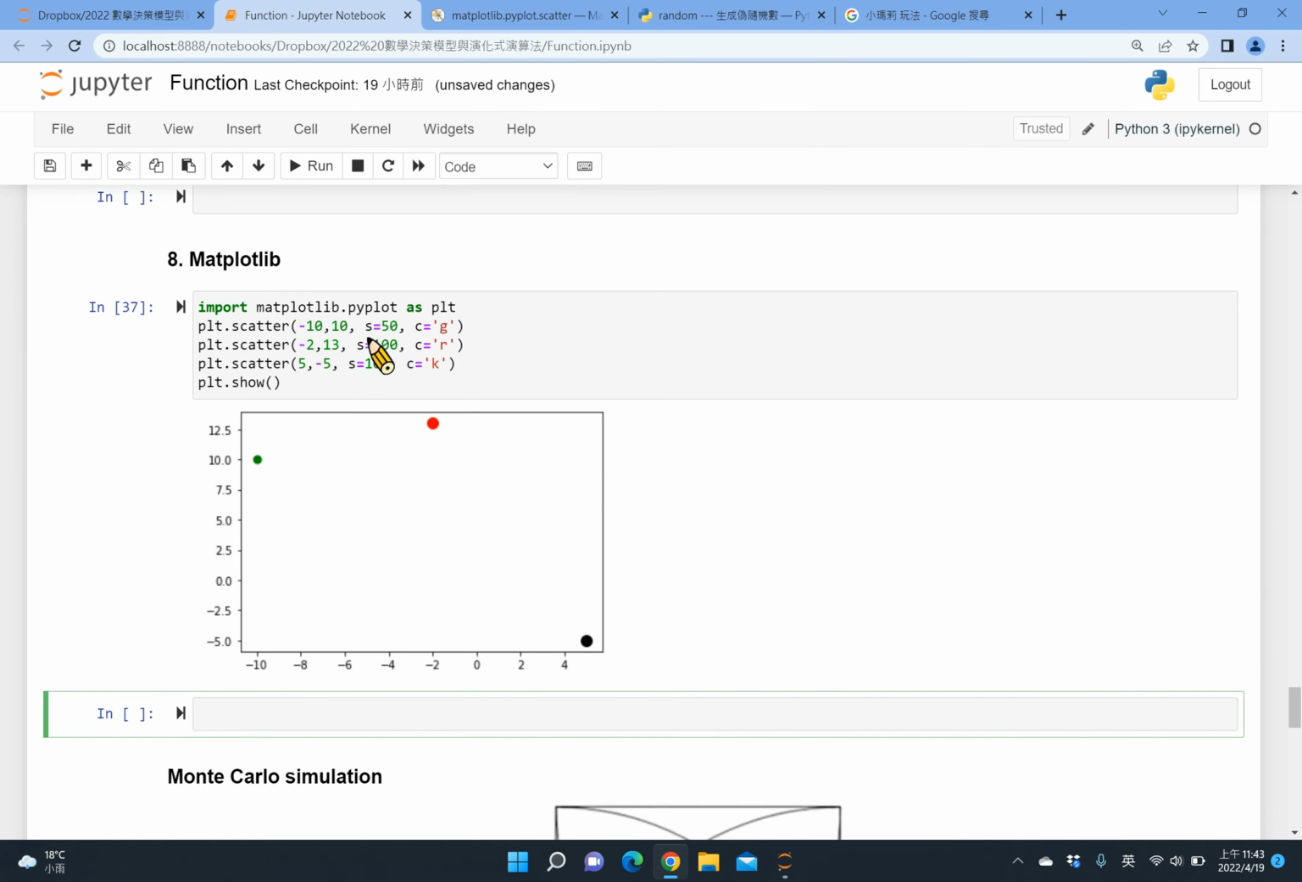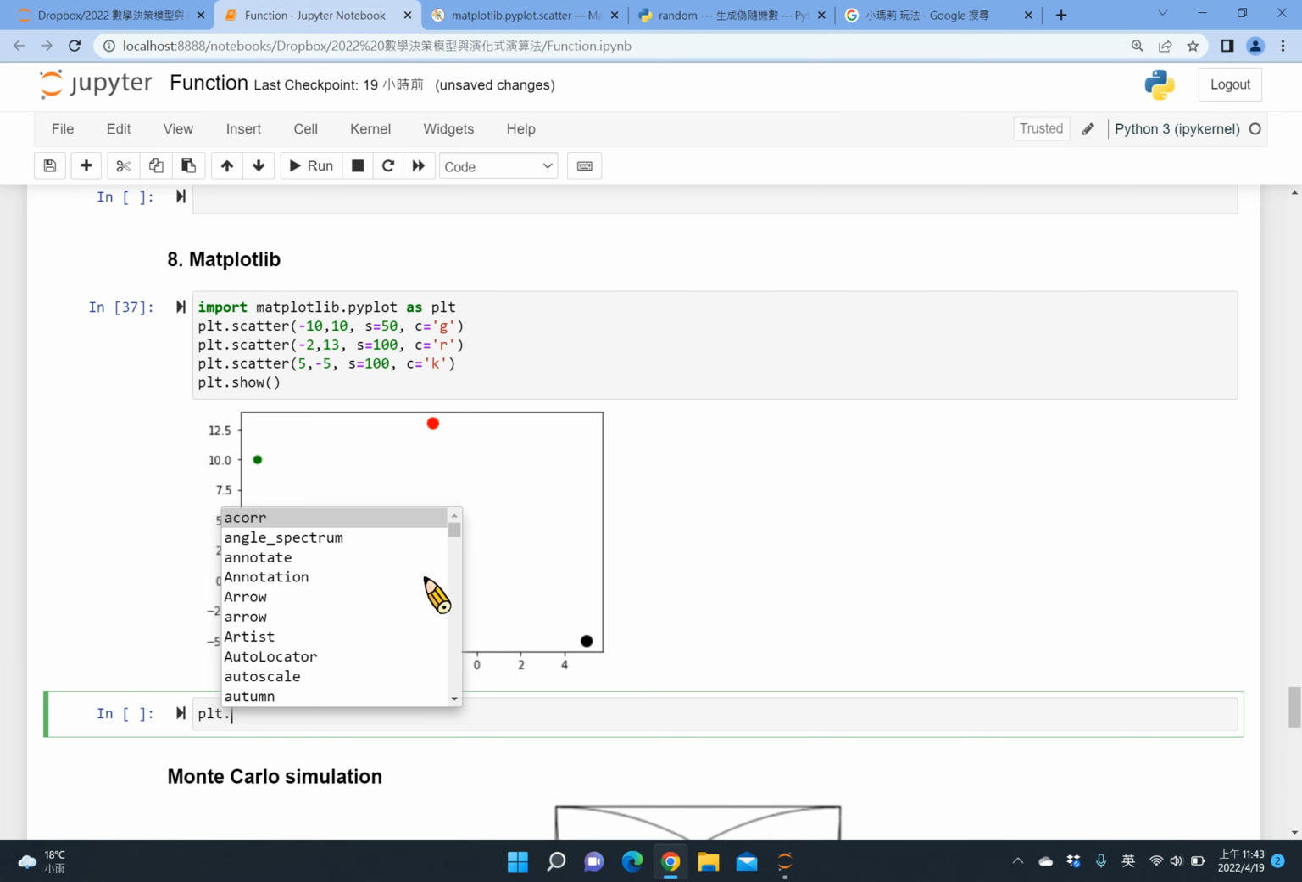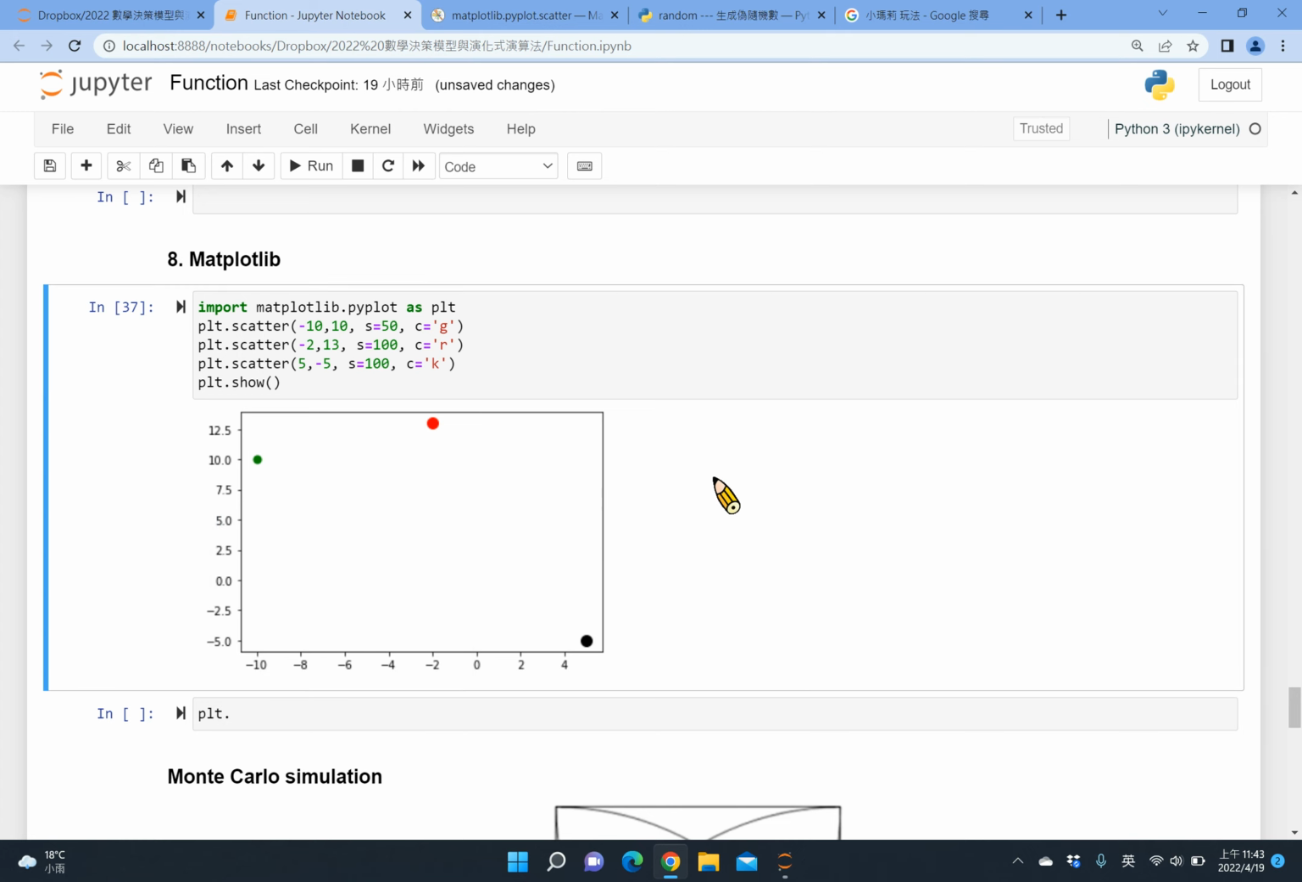After I import this one, I can check plt. Then please click tab. You can see there are so many things in this module. But maybe we can start with some simple one. For example, today I want to share with you scatter. Scatter is used for a scatter plot. So in a scatter plot,